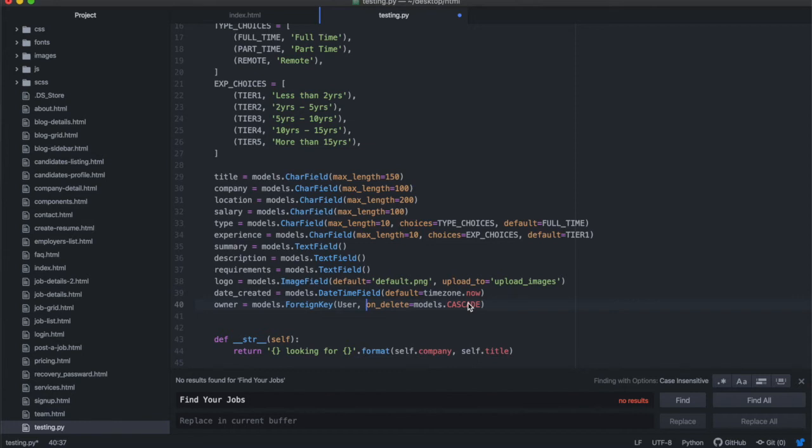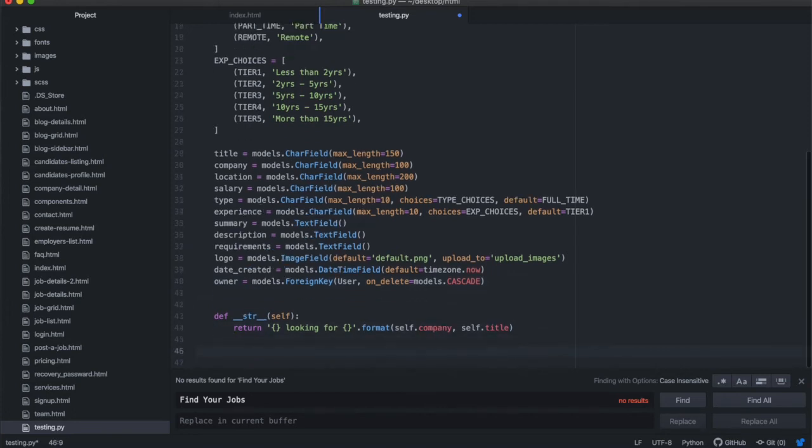Okay, but if you delete a job, you will not be deleting the user. Okay, that wouldn't make sense. But if you delete the user, you will delete each and every single job that they have. You will delete each and every single job that user created. That's all. Okay, and then the last part of this is obviously the string function that's required inside of